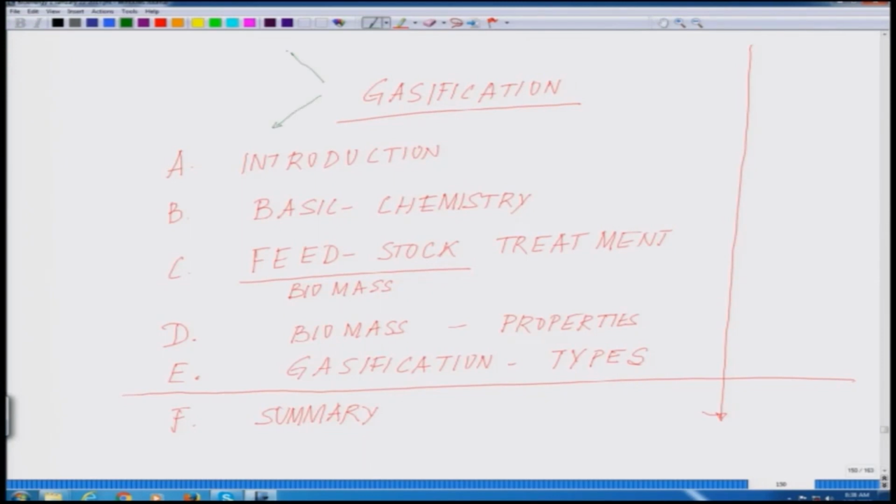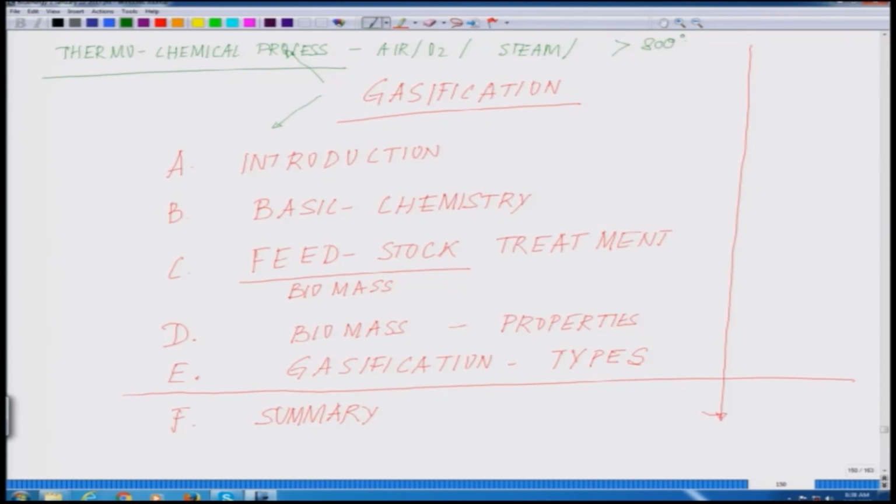One route is the one we are just now discussing, which is basically a thermochemical process, where you are giving high temperature and high pressure, and you are using air, as we have already talked about, you are using oxygen, you are using steam, at a temperature of more than 800 degrees